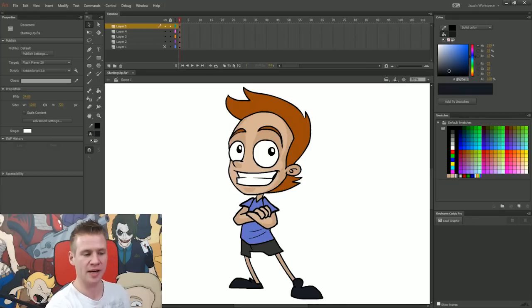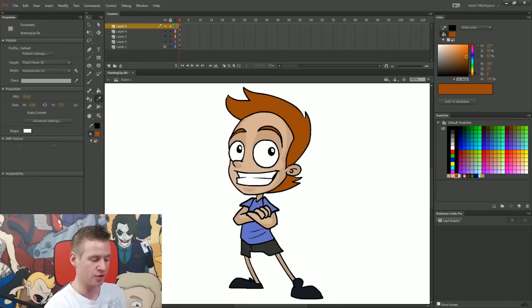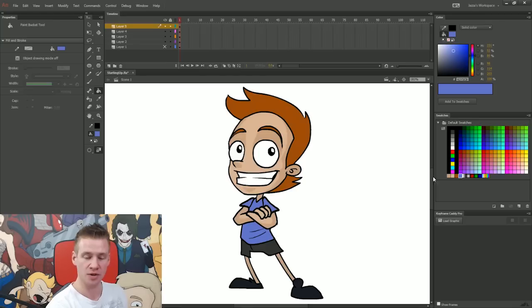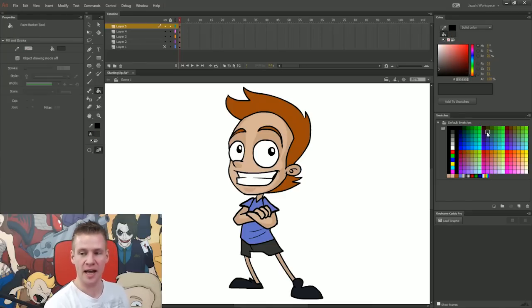But now I want to get to the color panel and the swatches. Whenever you select the eyedropper, and again, keyboard shortcuts are very useful, so by hitting I, you can select the eyedropper. By clicking on a color, it adds it to your palette if it isn't already there. So by eyedropping this blue, it's added it to my swatches palette at the bottom. And you can see that the skin colors are already at the bottom there as well. If I select the eyedropper for the shorts, you can see it's actually just highlighted a color in my default swatches, and that's because I used one that already existed rather than creating a new color by clicking and dragging